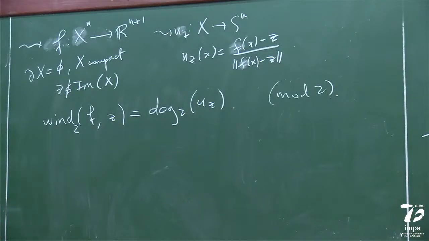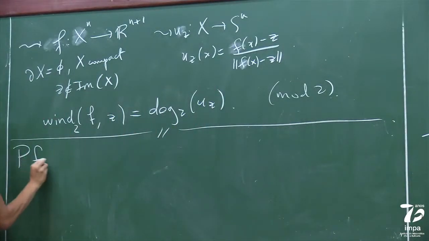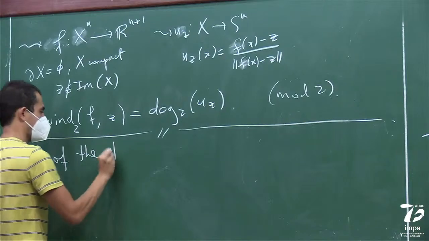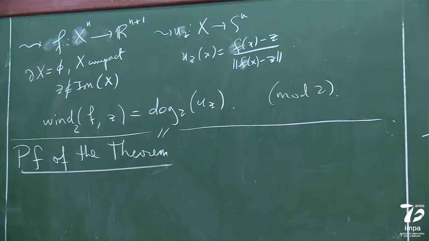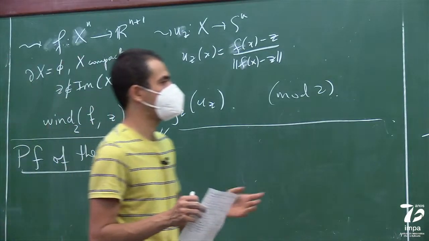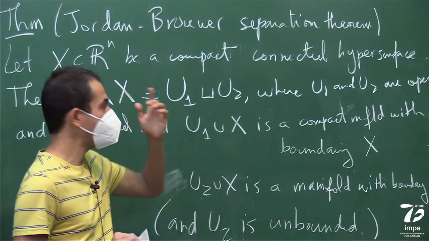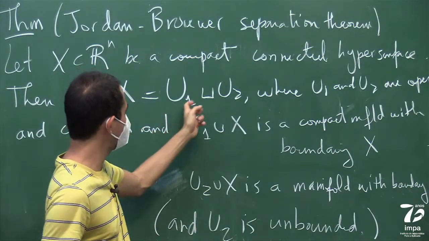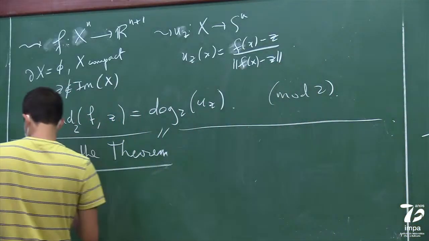And just using that, we can prove the Jordan-Brouwer separation theorem. So let's prove the theorem. So, proof of the theorem. Okay, so the idea is that we can use the winding number to divide the complement of X into these U1 and U2. Okay? So I guess step one